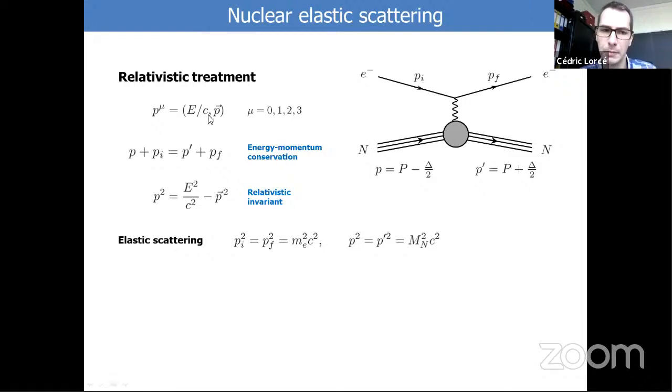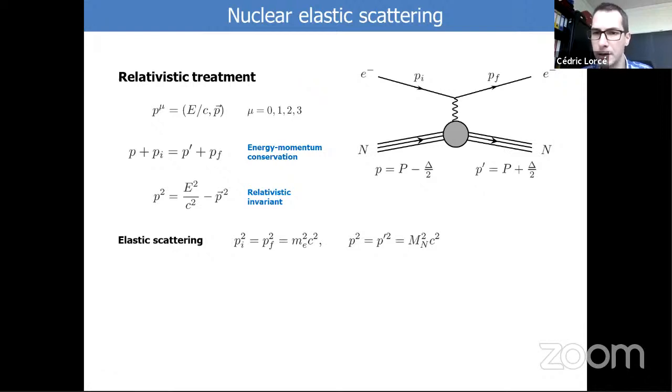So in relativity, we are taught that we can combine the 3-momentum of the particle and the energy of the particle into a 4-component object, a kind of 4-component vector. That's what we call a 4-vector. And when you move from one frame to another, relativity tells you how the energy and the momentum measured in one frame are transformed into the energy and momentum in another frame.